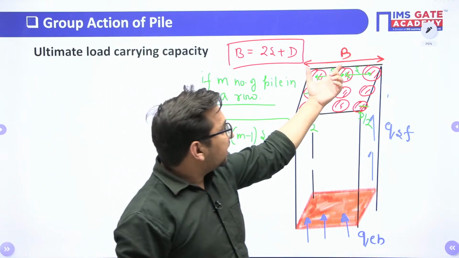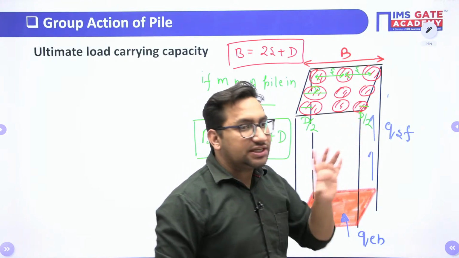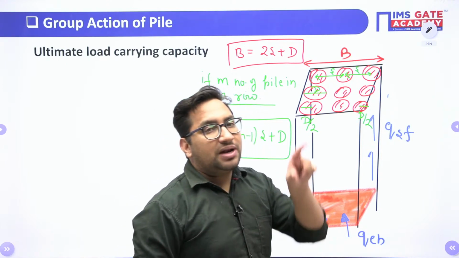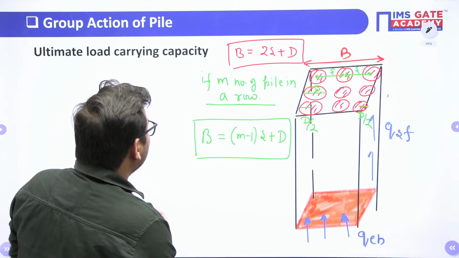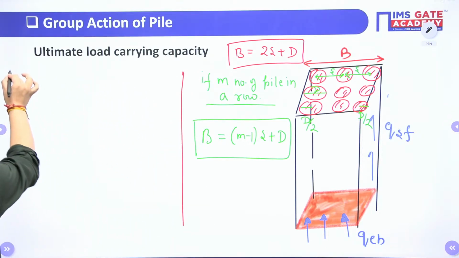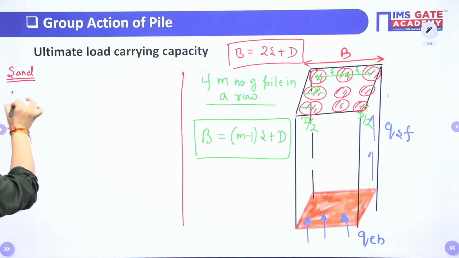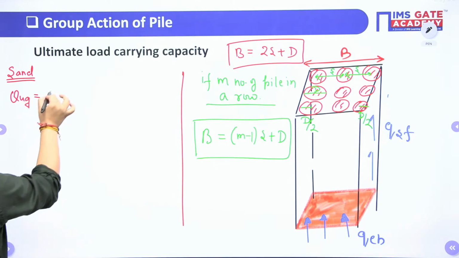Once you know this particular width value, it means the dimension of this pile group as a single unit is known to you. Now you can apply the formulas which are known to us for that single pile, right? And there with a slight change. Now we'll see what will be the changes. So in case of sand, if I need to calculate this QUG value, so QUG value for a single pile we know that it is 9 CAB